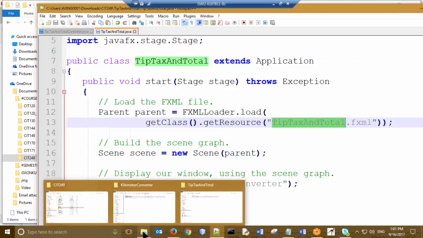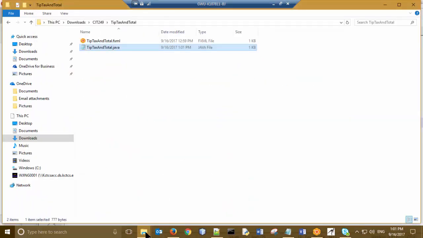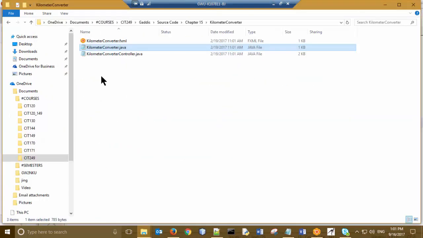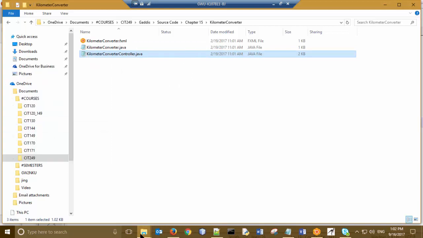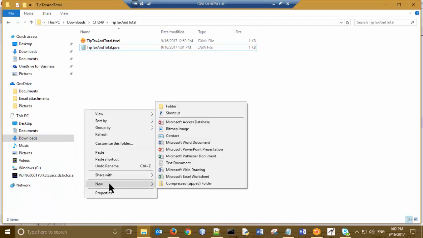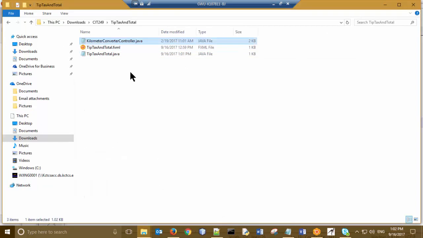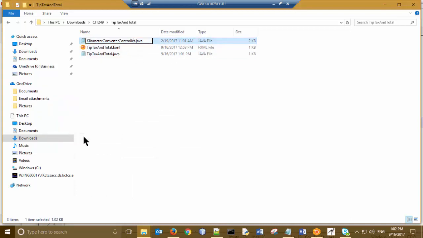So now I need to work on the controller file. Remember the controller? Let's go to the example, which is here. We need this controller. Can we copy this controller? We can. We make it easy, right? We copy this controller to our folder, so I can rename it. Paste it here. I rename this one to TapeTextAndTotal